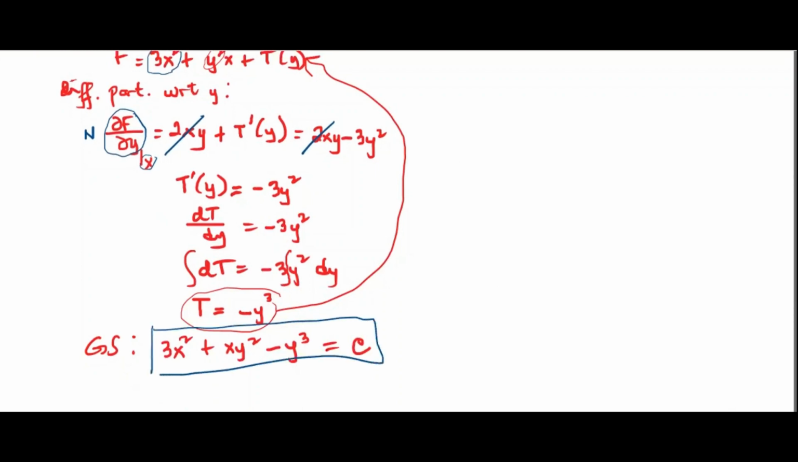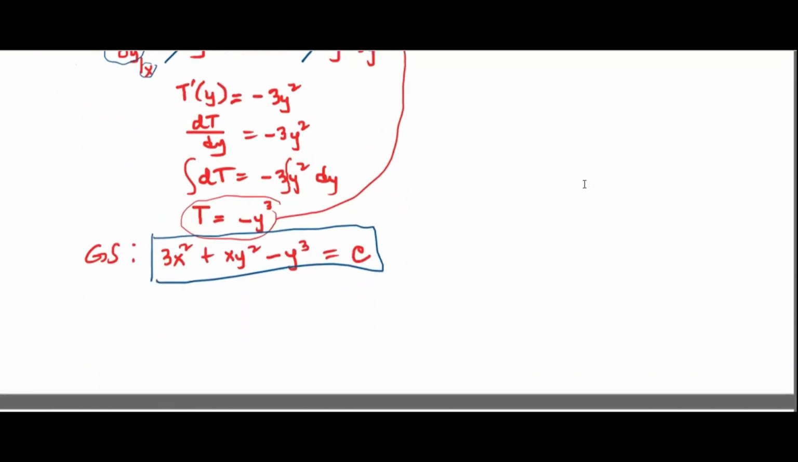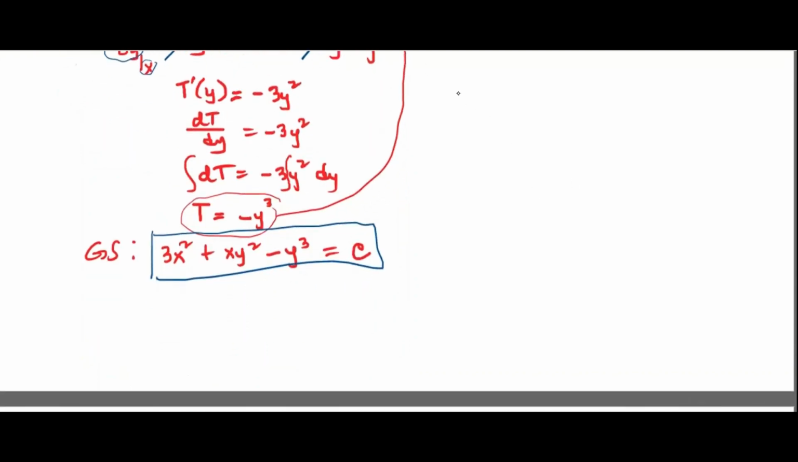Madali lang yan. Paano mo makukuha yan? Tignan mo to. Differentiate mo yung 3x squared. Di ba 6x dx? Tama ba? Yes po, sir. Okay. Differentiate natin yung xy squared. Derivative of a product to eh. I will copy x and get the differential of y squared, which is 2y dy. Plus, I will copy y squared and the differential of x is 1 dx minus 3y squared dy equal to